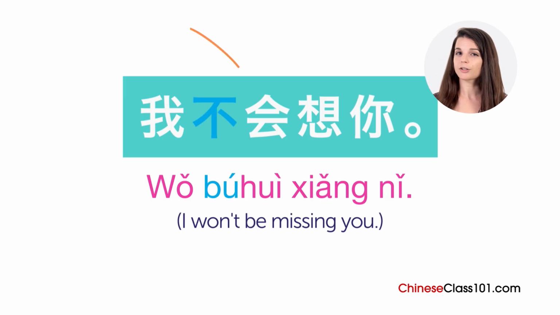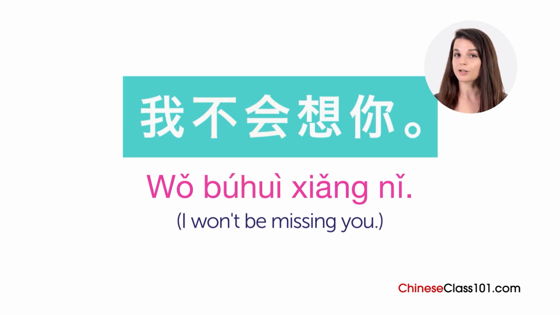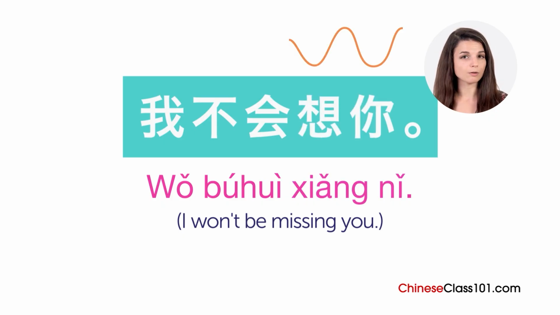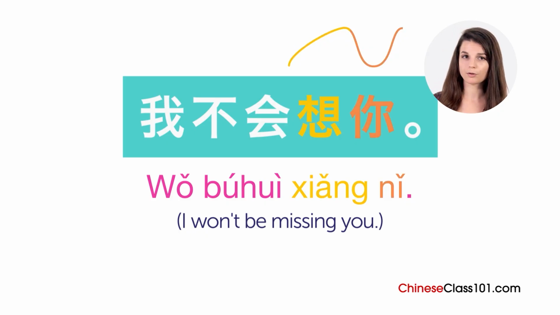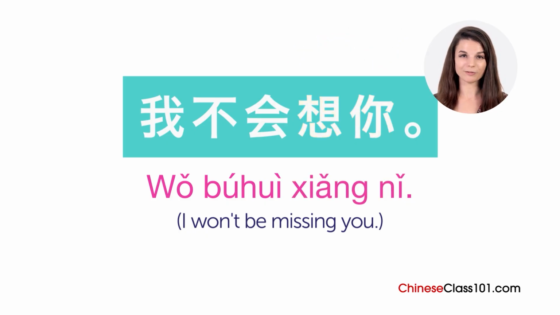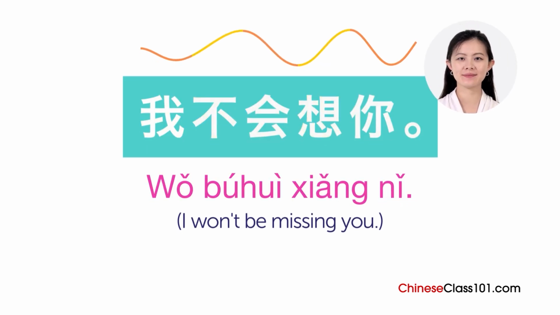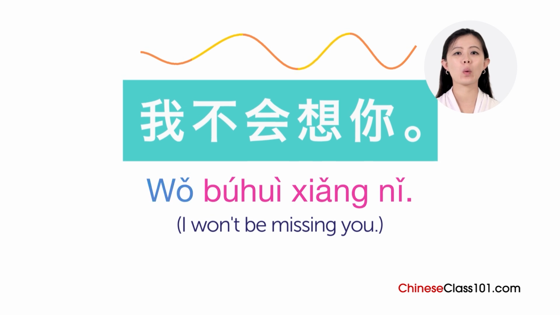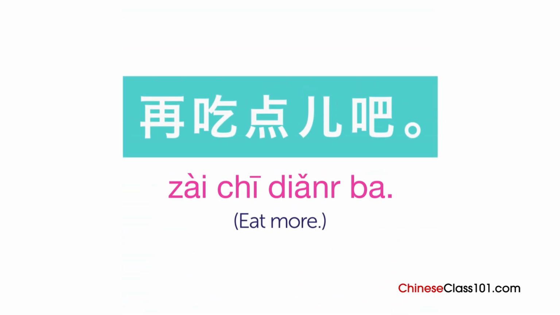Remember, when this character comes before a falling tone, it changes to a rising tone. There was another tone change here, wasn't there? Because we had two falling and rising tones in a row, all but the final tone changes to a rising tone. If you remember those, you're doing great. Try once more. 我不会想你。